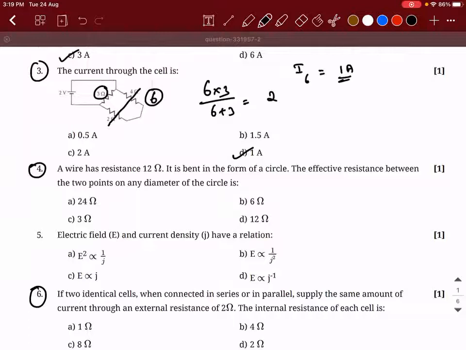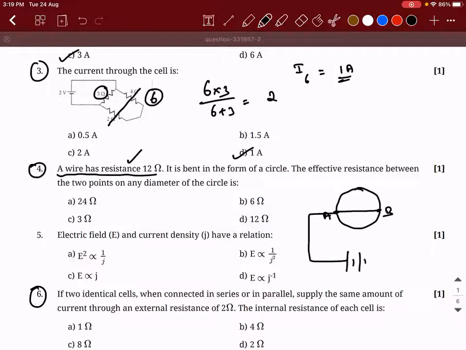Okay. Next, fourth one. A wire has a resistance of 12 ohm. It is bent in the form of a circle. The effective resistance between the 2 points on any diameter of the circle. So they are asking between diametrically opposite ends. This will be A and B. See, when a 12 ohm resistor is bent into the form of a circle, still its resistance is 12 ohm. Right. So when you take this kind of a system,